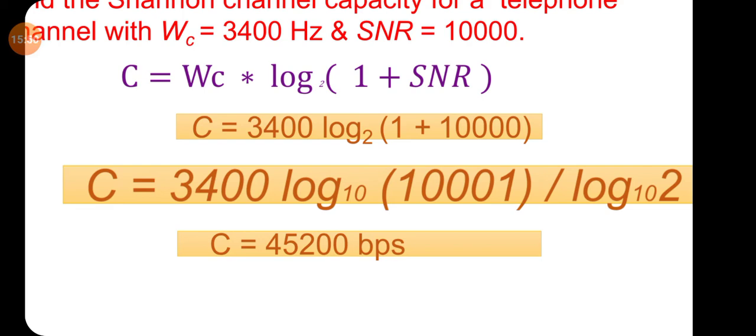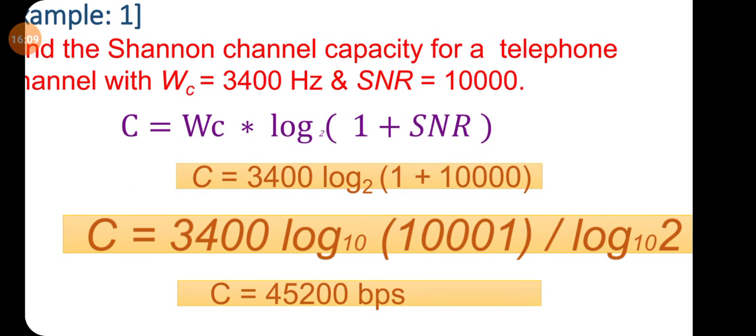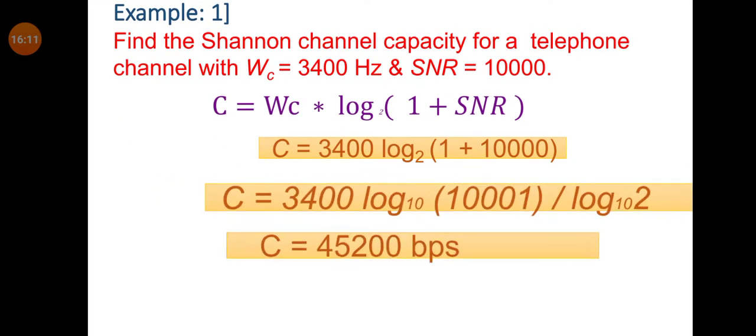Clear? Hope you understood the step. So now simplify it. Find the log value using the log table or a scientific calculator. Then multiply that estimated log value with 3400. We get the maximum channel capacity as